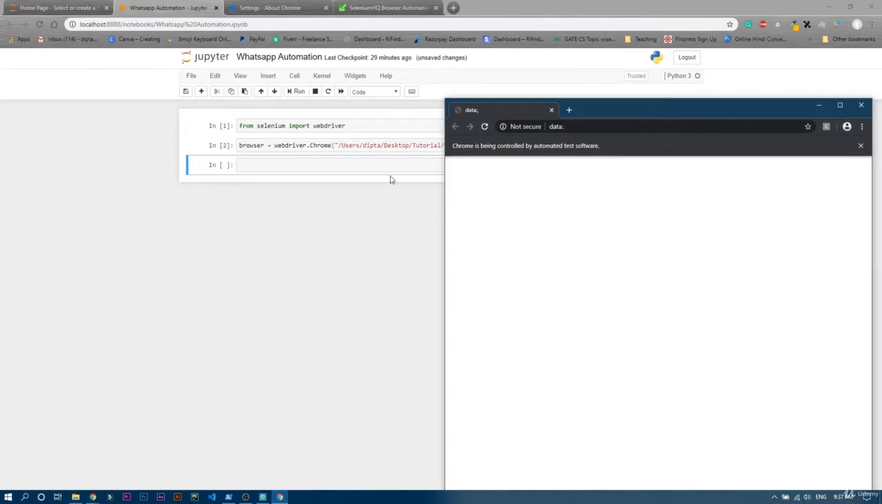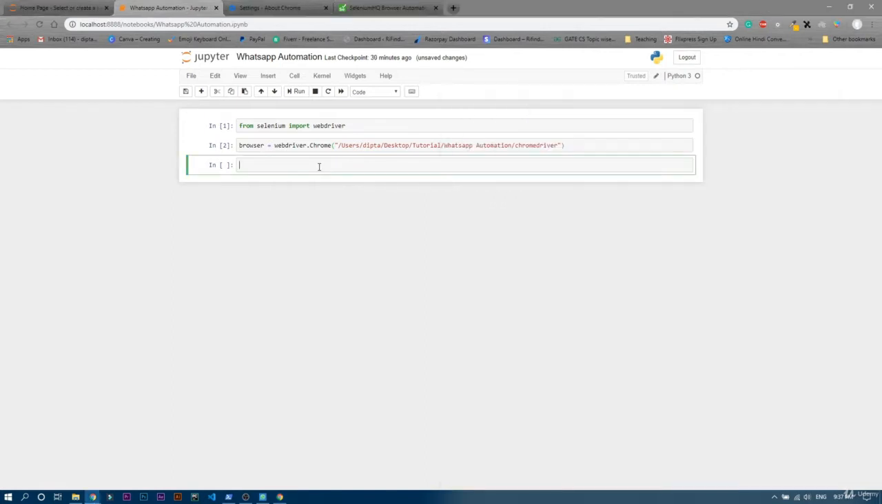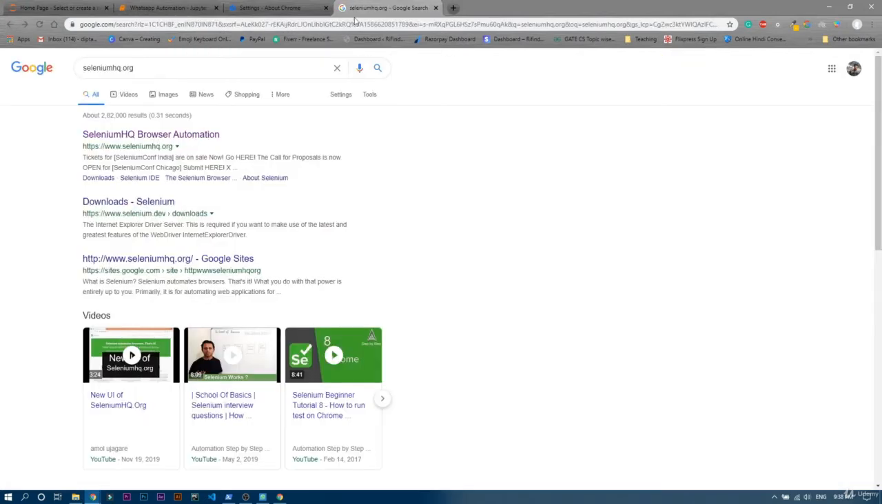So this is why we need WebDriver. If you install WebDriver for Safari, it will open the Safari browser. If you install the WebDriver for Firefox, it will open the Firefox browser. Now let's see if it ran properly or not. So we are actually going to open